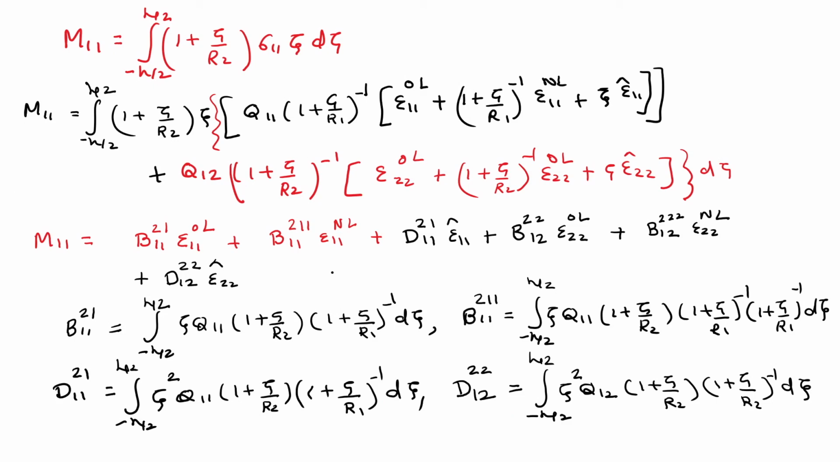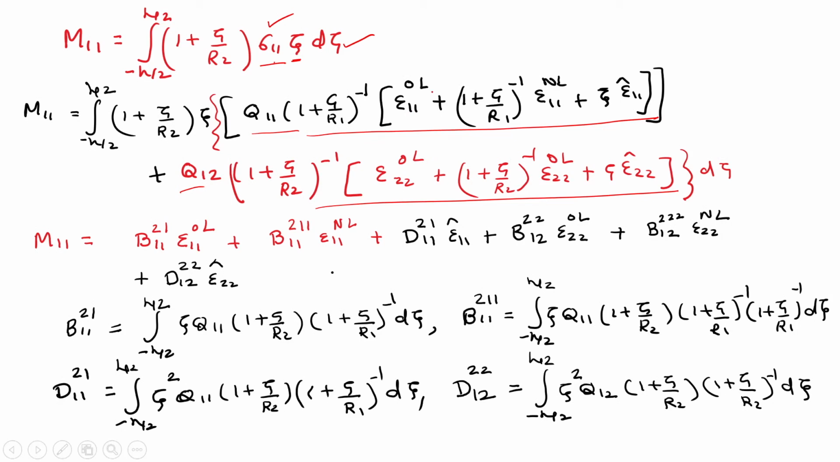Now we have to find the definition of a moment. The definition of a moment is the integral of sigma 11, 1 plus zeta by R2, sigma 11 into zeta. That is the definition of a moment. Now, we can express sigma 11 in terms of Q11 with this term and Q12 with this term. I have already explained the meaning of epsilon 110 L, epsilon 11 NL and epsilon 11 hat. So, zeta times 1 plus zeta by R2 Q11 will be B11 21, and here 211,